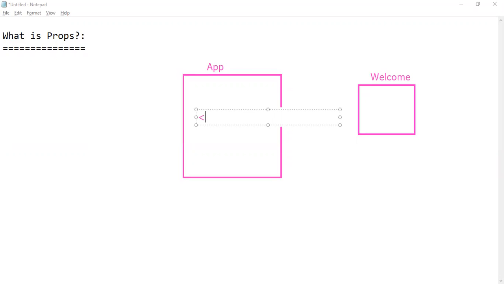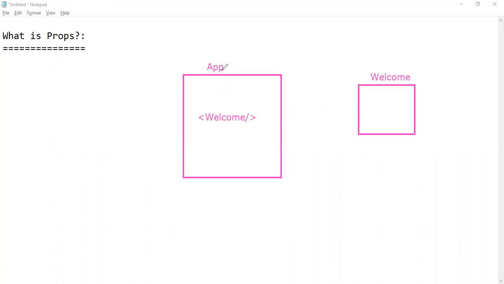So what is a custom HTML tag? What is the component name? It is welcome. So here we are using a custom HTML tag. It means here we have embedded the welcome component inside the app component. So now when app component is rendered, app component also renders the welcome component.